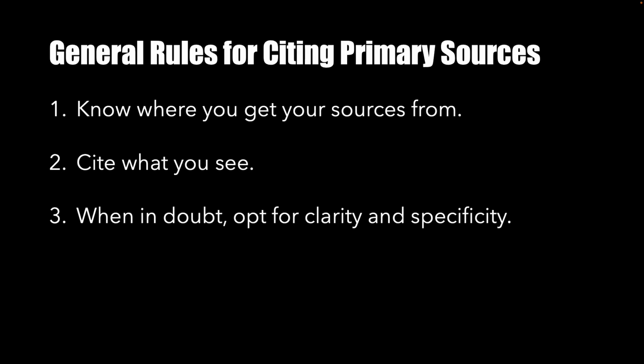Okay, when in doubt, opt for clarity and specificity. This is my third rule. And what it means essentially is that, especially with primary sources, there's oftentimes gray areas. You don't always know exactly how to cite a thing because the world of primary sources is large and diverse, right? So when you're in a situation where you don't know precisely how to cite something, opt for clarity and